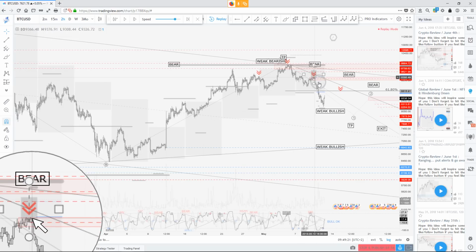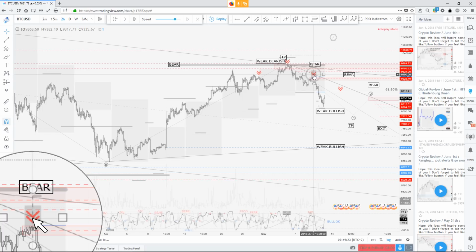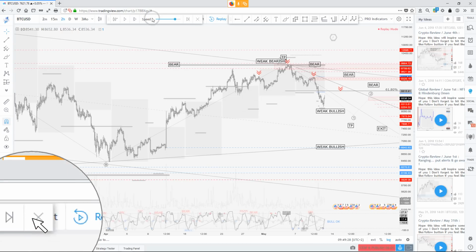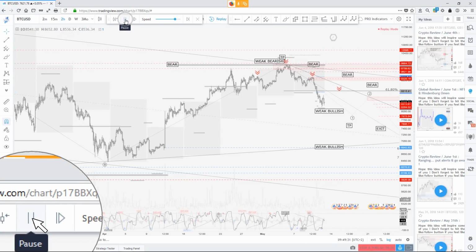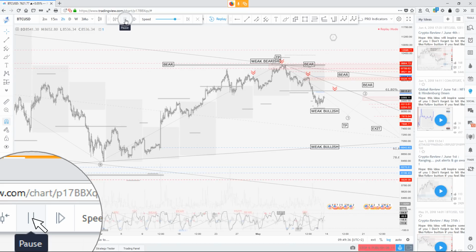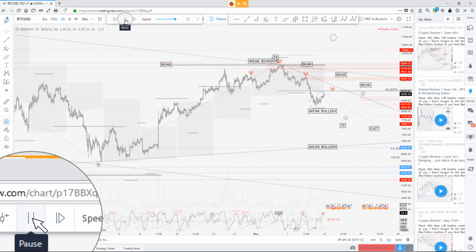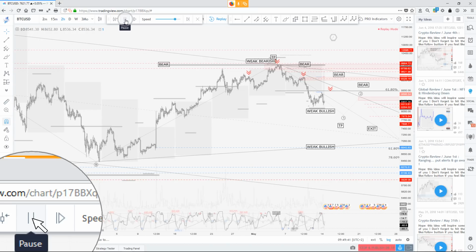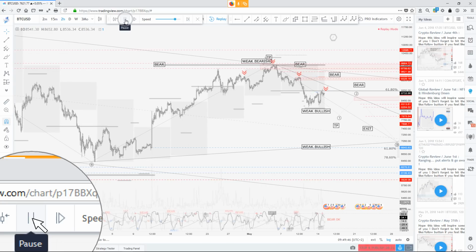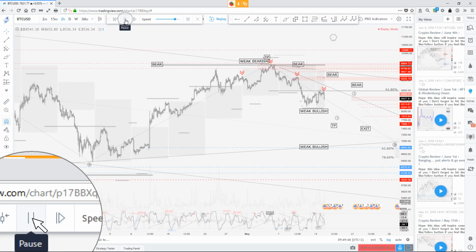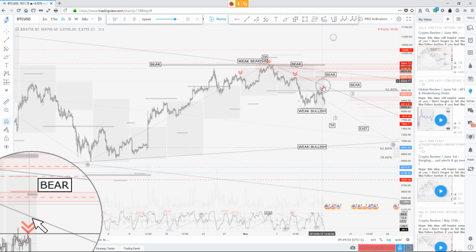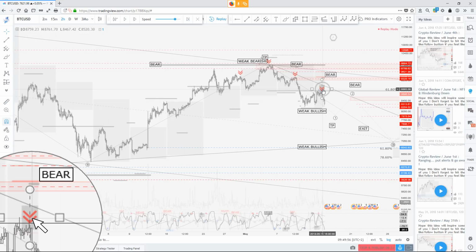Okay, so this is stop win. If we get there, this position is stopped at break even. This one is in a stop win. The stop loss is set right here. We keep on going. Still into the weak bullish cycle. Waiting. Okay, now we switch to bearish. So once again, that trade clearly visible in here.